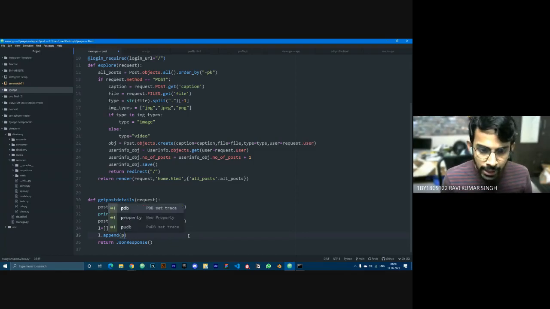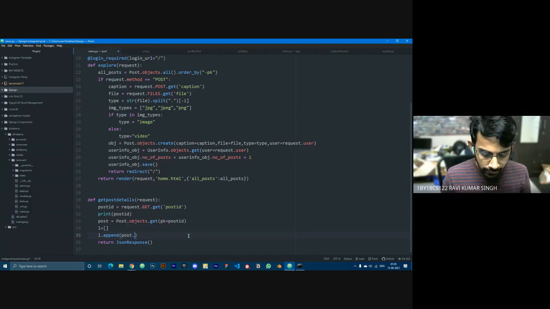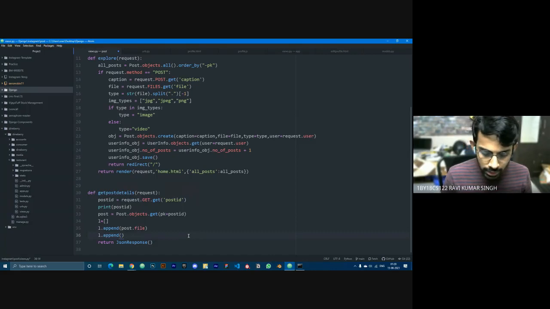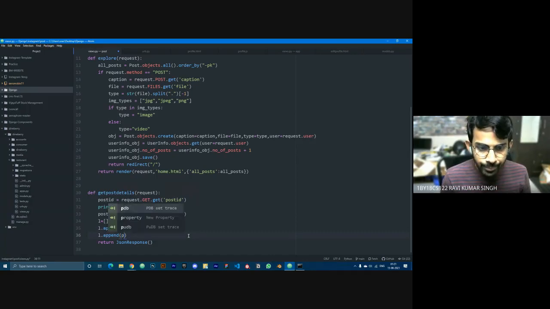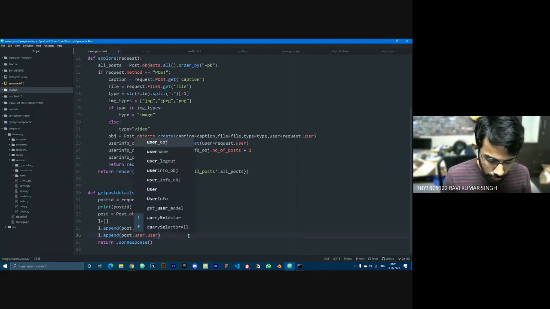So I'll append post dot file. Then I'll append post dot user dot username.